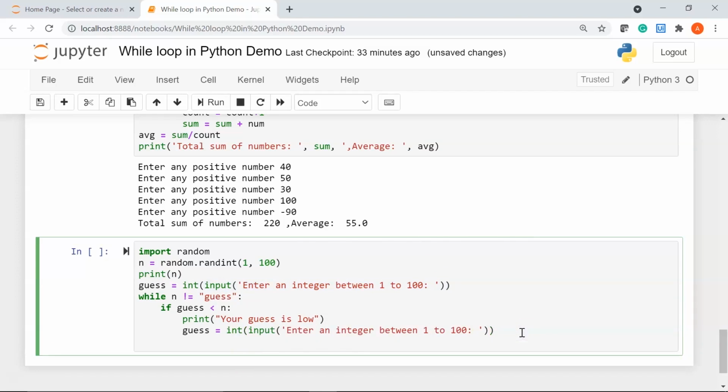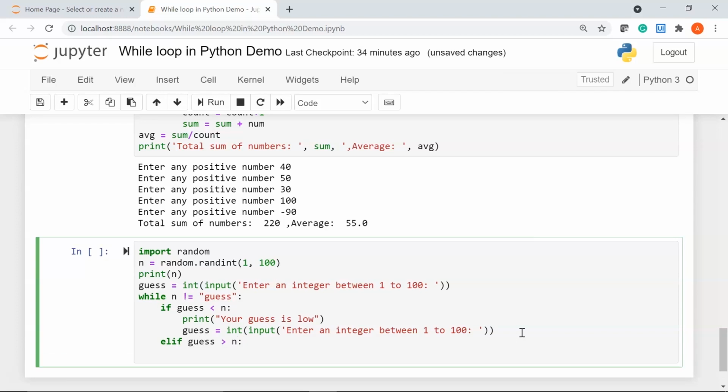Now I'll say elif, if my guess is more than my random integer, I'll print, I'll just copy this, your guess is, let's say, high.